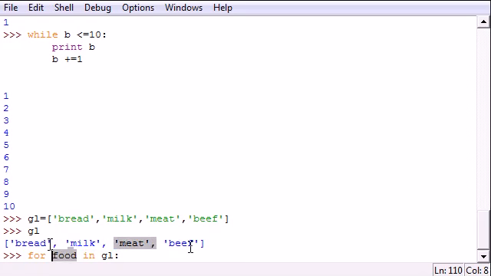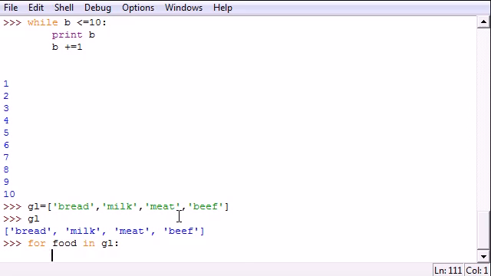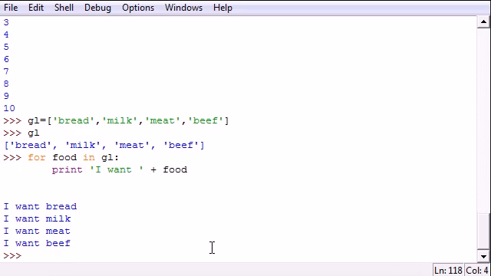to each one of these items in the list. So what do we want to do for food in grocery list? Well, let's print out I want, and then let's put the name of the food so you guys can see, and I'll put a space right there because it formats easier. So as you can see, when we use the for loop, it says I want bread, I want milk, I want meat, I want beef. So the first time you put for in grocery list and for looped it,